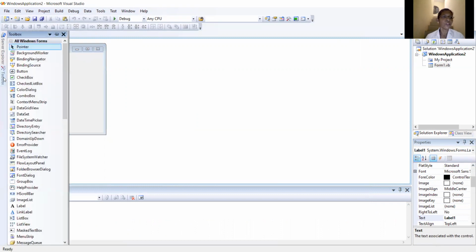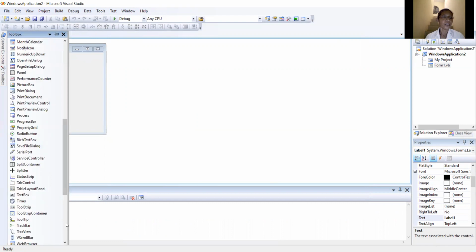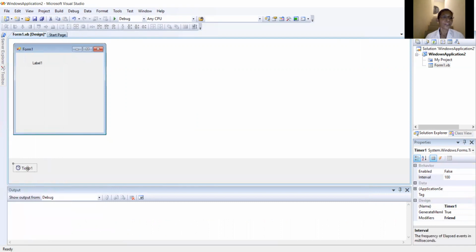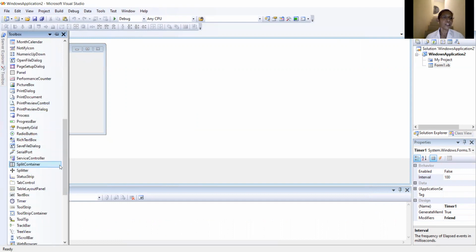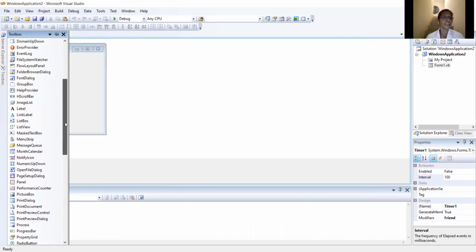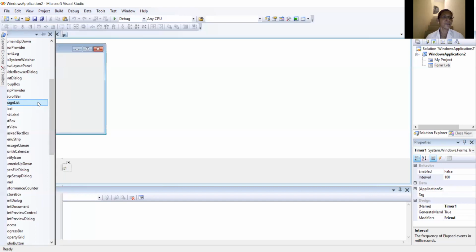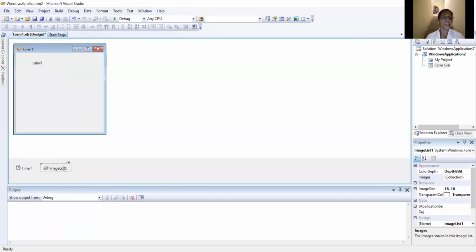Then another tool is the timer. Click that tool. The timer will be pasted here. Then another tool, image list. The image list tool will be displayed here.